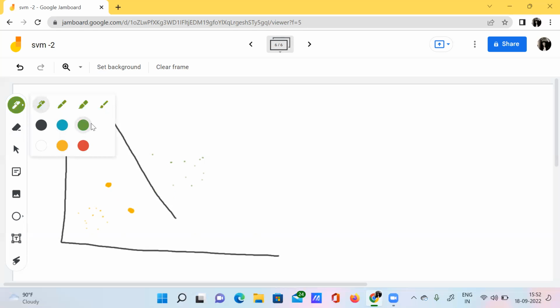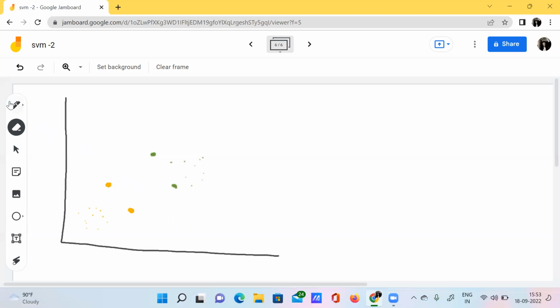and this particular data point here. See here, these two data points in this yellow category and these two data points inside this green category are actually at the minimum perpendicular distance from this hyperplane.